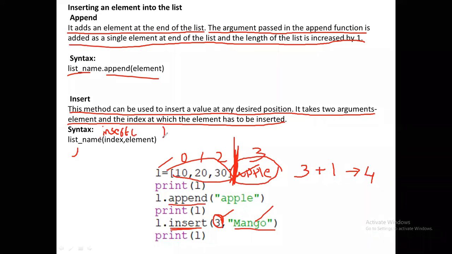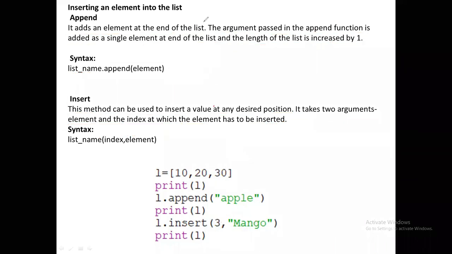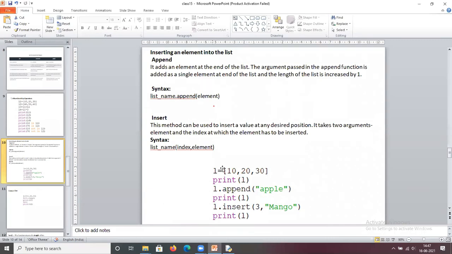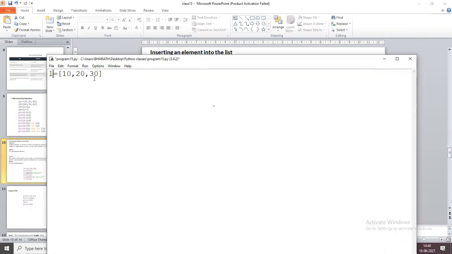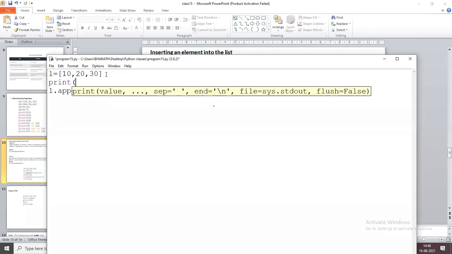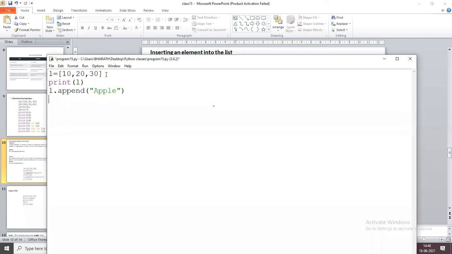Okay, so now we see practically how we are going to insert the elements. This is the list L. Now I want to append apple at the end of the list. So I write L dot append apple. That's it. Before append, I'm going to print the list L, and similarly after append.